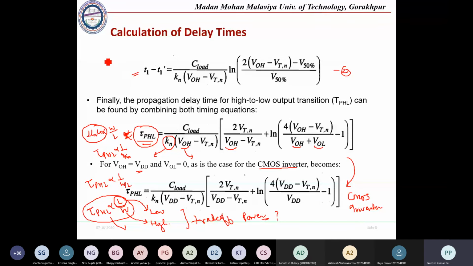Even if the VDD we are going to use is 5 volt, and once we use VDD as 3 volt, we can see that in this case the delay will be less, and in this case the delay will be high. So these are the analyses you need to perform in your practical classes. In practical classes you have to see what the effect of changing the VDD on the delay is. The change of VDD with respect to delay will be given by this expression.